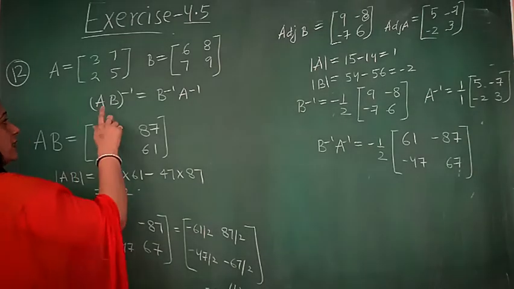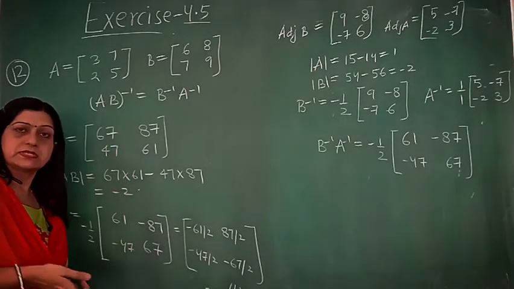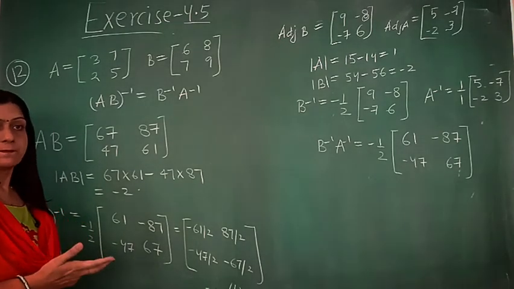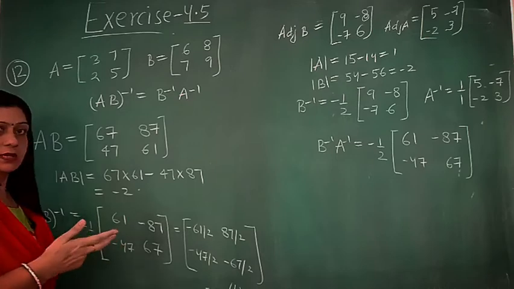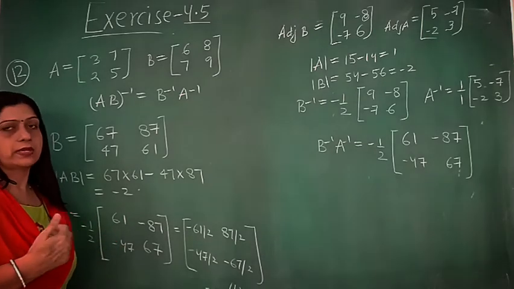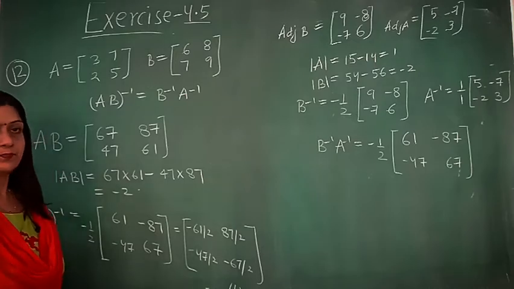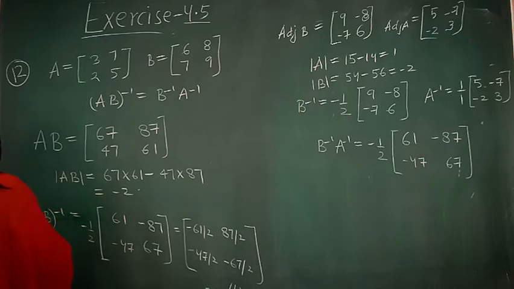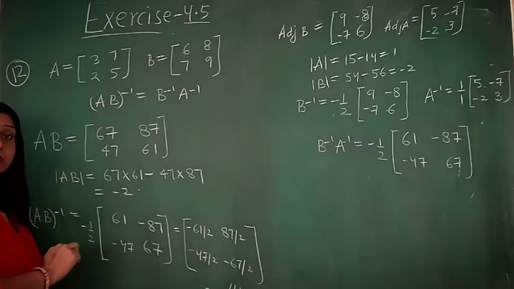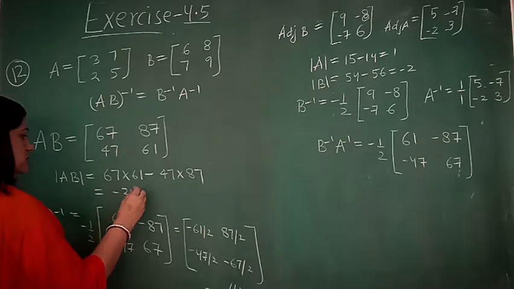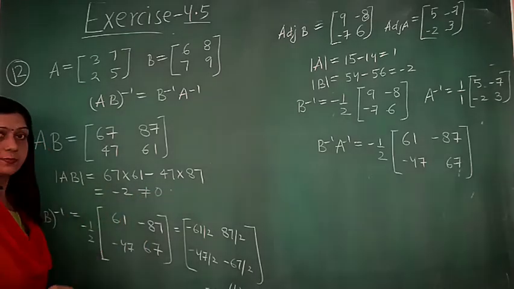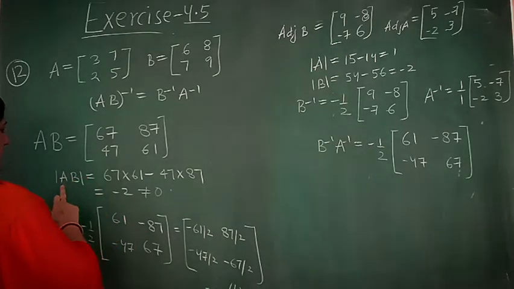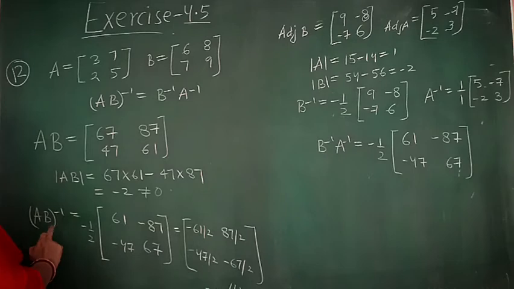Now, as we have to find the inverse of AB, first we have to check whether it is singular or not. If the determinant comes to be 0, then you cannot find its inverse, that you already know. I have already calculated this for you. It is coming equal to minus 2, which is not equal to 0. That means this AB is invertible. So now let us find AB inverse.